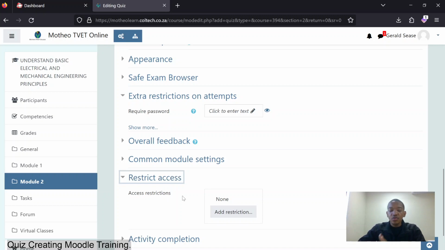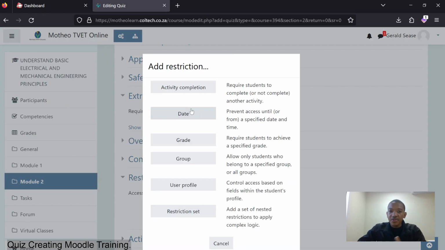Restrict assessment, here you can restrict who can view or take the assessment. So there are different kind of restrictions. Activity completion is where the previous activities, meaning the content that is within the course, has to be completed before they take the assessment. It's not really